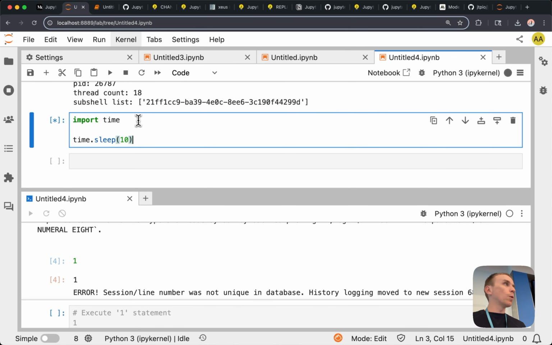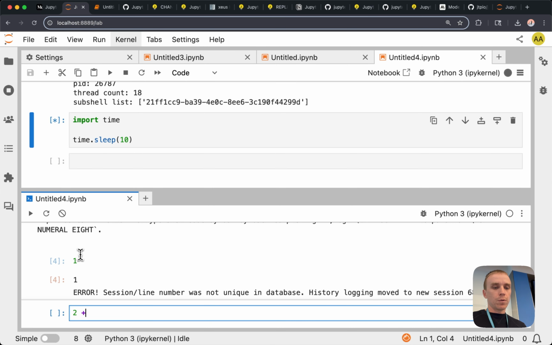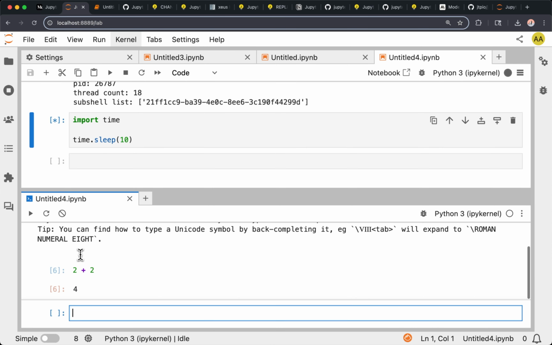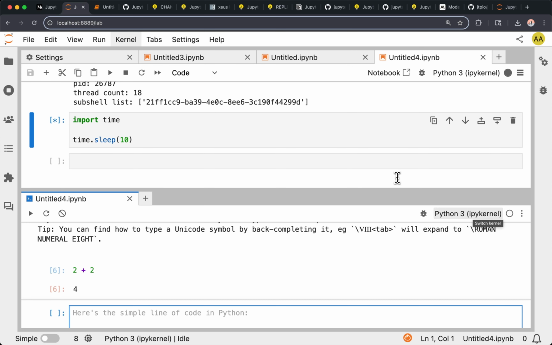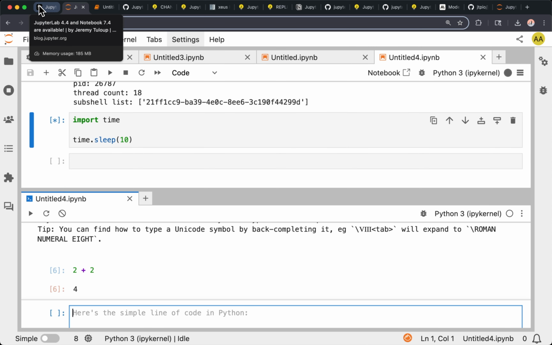This one is doing some computation, very simple sleep, but here I can execute some other cells while the other one is still running, and they are both using the same kernel. So that's the subshell, but it's just an example of the use of the feature.